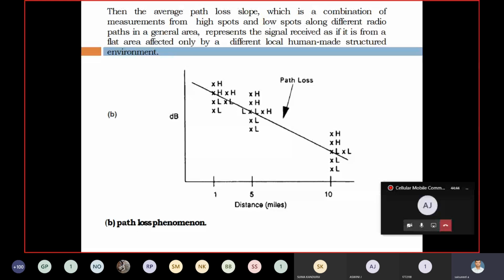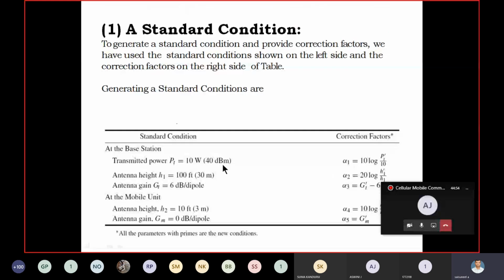In this equation, 40 dB is there, right? And how much correction factor is there? H1 is 100 feet, and the correction factor in that equation is 20 log H1 by H1 dash. For H1 they substitute 100 feet. For GT, the correction factor is GT dash minus 6. From this standard condition, they generate the general formula